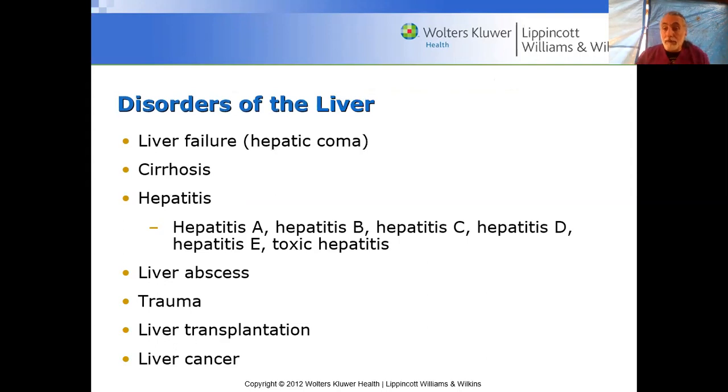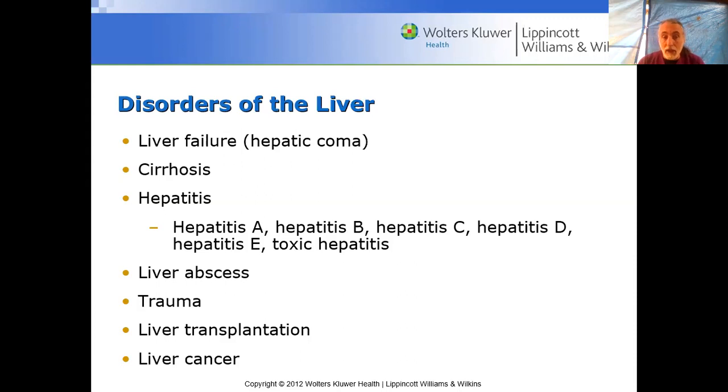Liver, oh boy. Not just good with onions, a little salt and pepper in a frying pan, but it's very important to your existence on this planet. Okay, so you have liver failure. Where it says here hepatic coma, one thing that comes with liver failure is a rise in ammonia in the bloodstream, which can cause mental changes and level of consciousness changes in your patient. Right? So in liver failure, the elevated levels of ammonia can